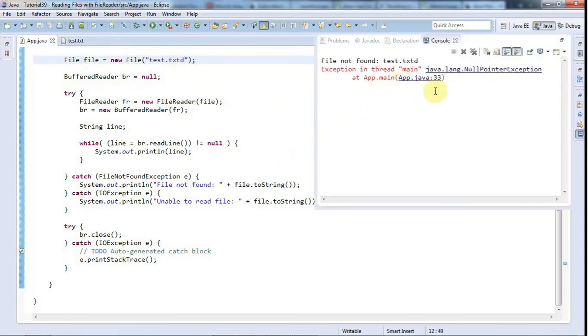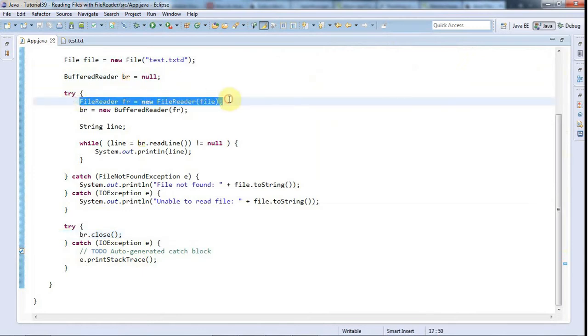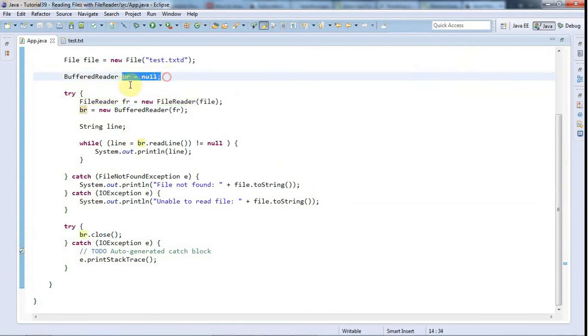Now it says null pointer exception, and I click this error here, and this is throwing a null pointer exception. That's because this is throwing an exception, it can't open the file, so this is still null. And what Java is telling us is that we're trying to call close on something that's null, which gives us a null pointer exception, which we're not forced to handle, but we can handle it if